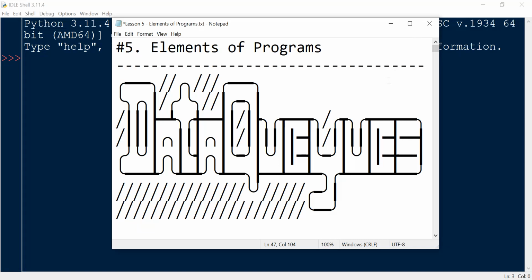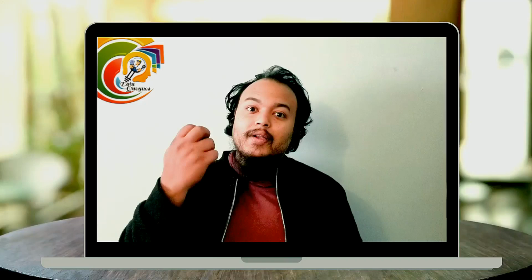Today we will be looking at the elements of programs such as naming conventions,